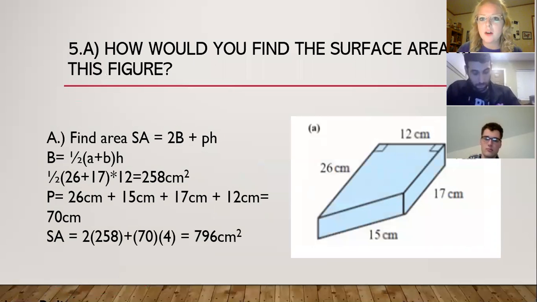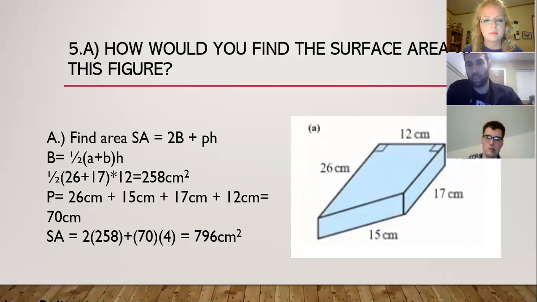Jerry, how would you find the surface area of this figure? We'll use the simple equation of surface area equals 2 times base plus perimeter times height. And how you get the base is use 1/2 A plus B. Your A is 26